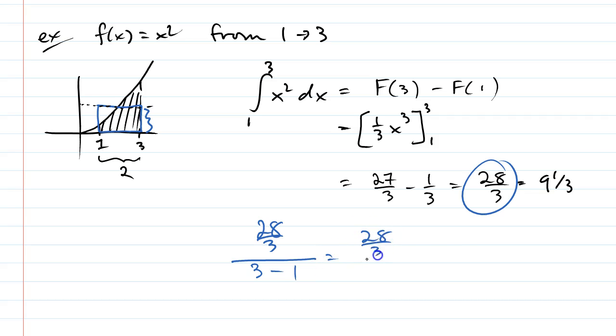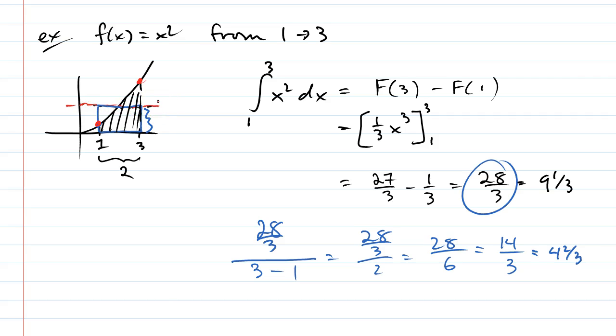So 28 thirds divided by 2 is 28 sixths. And if we simplify it, it's 14 thirds, or 4 2/3. So over this, we range from 1 to 9, but at about a height of 4 2/3,